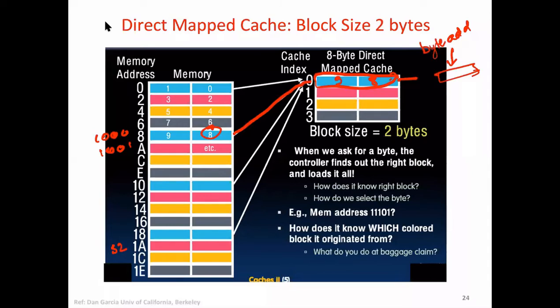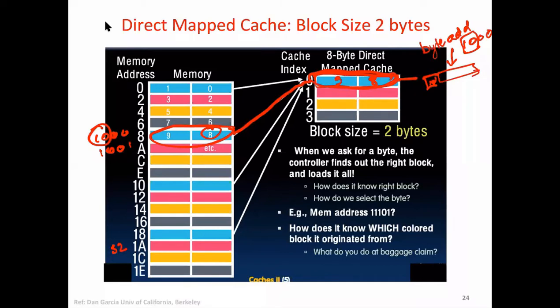And so how will it know? First thing is that when a request of this kind comes, we'll have to match the tag. Make sure that it's the same block whether it's there or not, so we do that by looking at the top 2 bits. So a request comes for 1000, we'll take the tag out from the tag bits and then compare it with the tag bits here. So the tag bits here are 10, and they match. It means that this data is valid.